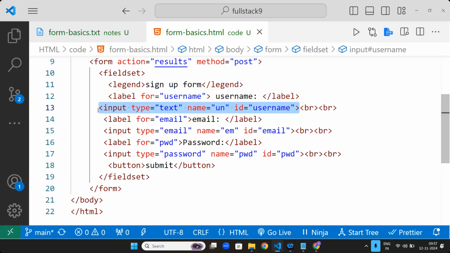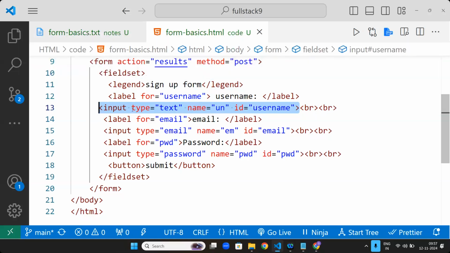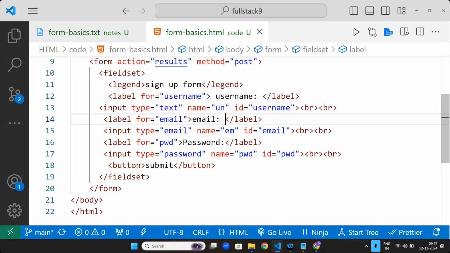How does the user know what to enter in the input box? You can use placeholder, or you can put a label. And how will the label be connected to the input? Label will have something called for, and input will have something called ID. For is connected to ID.